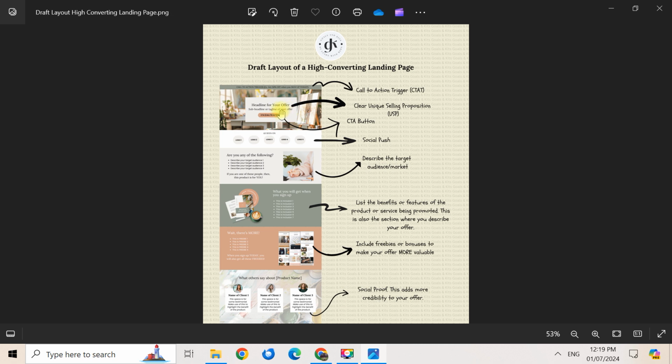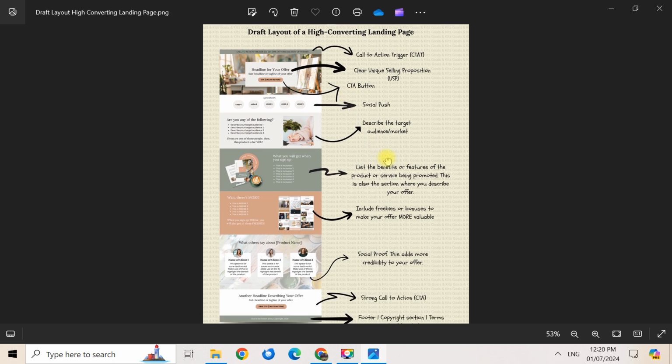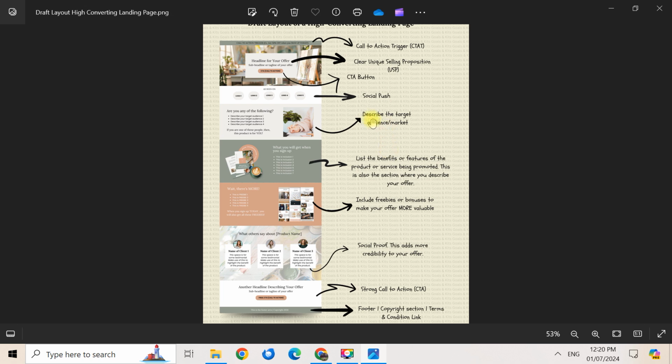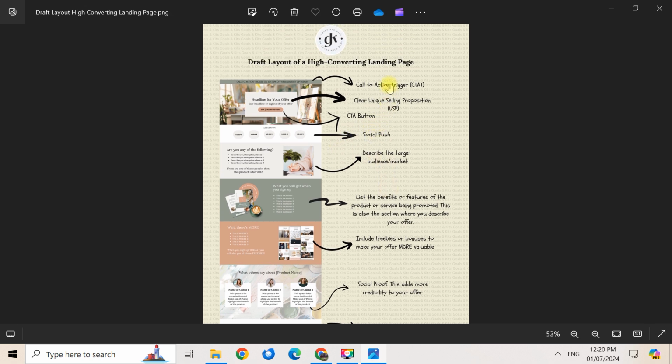And then you also put a tagline or a sub-headline for your product, and make sure you have the first CTA button or the call to action button, whether you want them to sign up to a form or to buy a product. So this is the part where you have to put the button. And I'm going to be teaching you everything, how you can put all those elements. So after that, when you have your CTA top and the USP and then the CTA button, the next thing that you need to